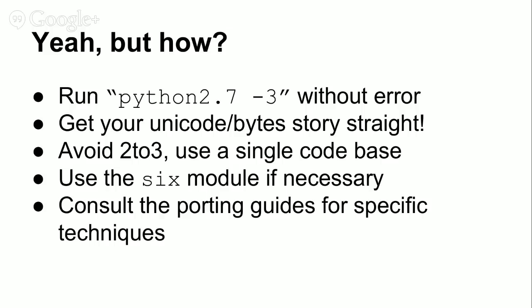As I mentioned, I personally recommend skipping 2to3. It has a lot of problems. And the six module is really great for having code that works in both Python 2 and Python 3. A lot of times you don't need it because it's easy to just sort of manually work around language issues, but when you need it, six is a great module. And consult the porting guides. And if you flip forward one more,